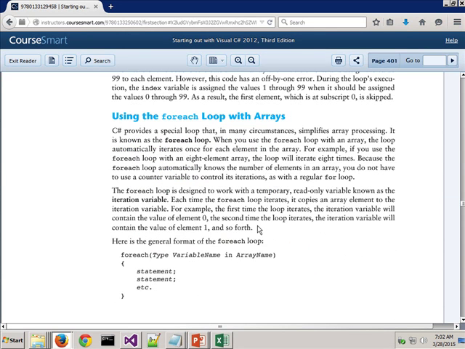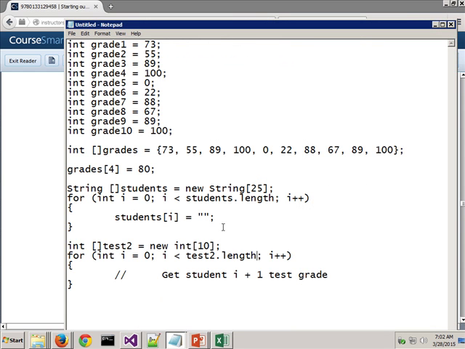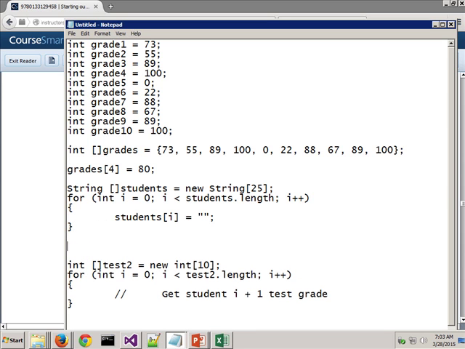All right, here's the enhanced for loop that I mentioned to you earlier. Okay, it's also called a for each loop. With a for each loop, what it gives you is a little easier syntax to work with. So let's go back and look at our example before. It doesn't matter which of these we choose, but let's do both of them. So I could rewrite this as a for each loop. The for loop that you see here can be written as a for each loop by saying for each